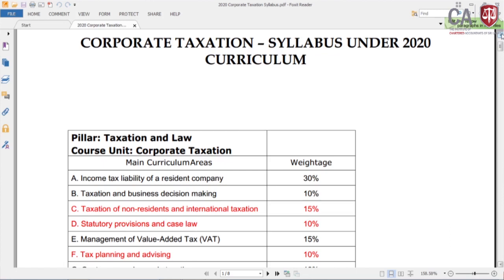In your paper, no selections. You have to answer, or you shall answer, all the questions asked in the paper. Is it clear to you? Then if I have taken the entire paper, among you all, most of the students are telling this non-resident taxation question is really difficult. Yes, I know it's difficult, but you should attempt that question,